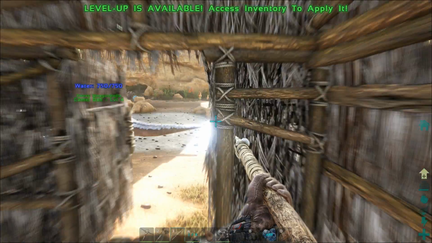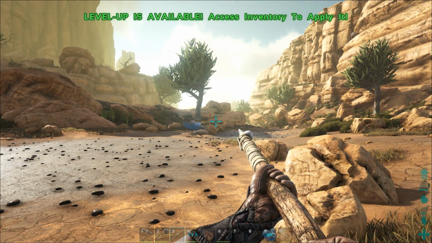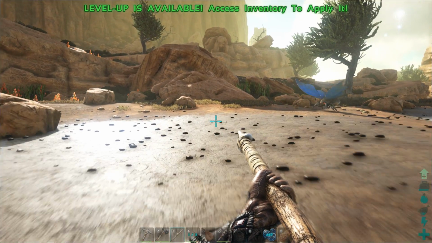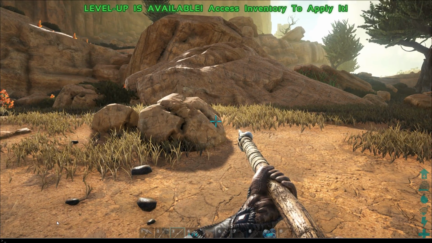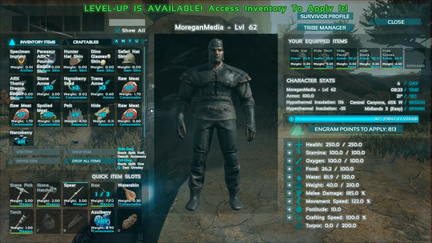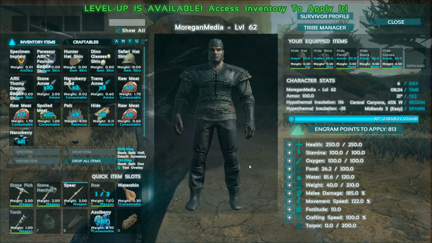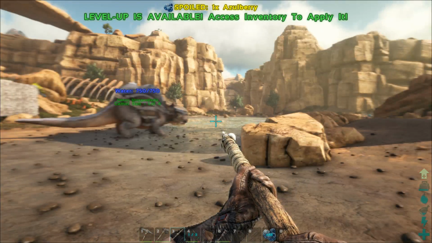I'm thinking we should take a dino with us, but I'd prefer to take something that flies. But we don't have anything that can go very far without stopping. So before I do this, let me see what our carry weight looks like here. Our weight is pretty good. Our main goal here is to find some water. Or not water, but find some